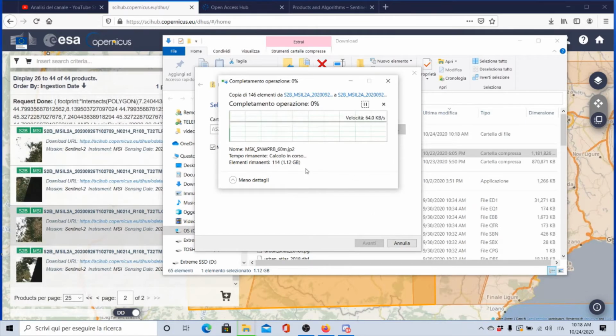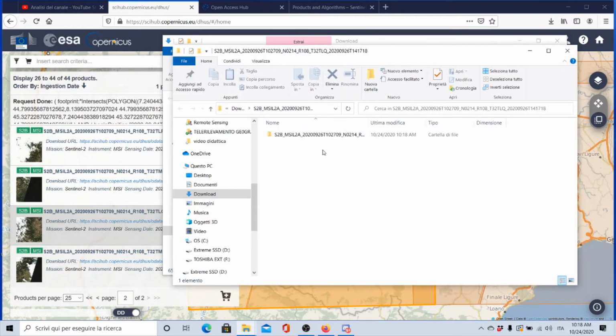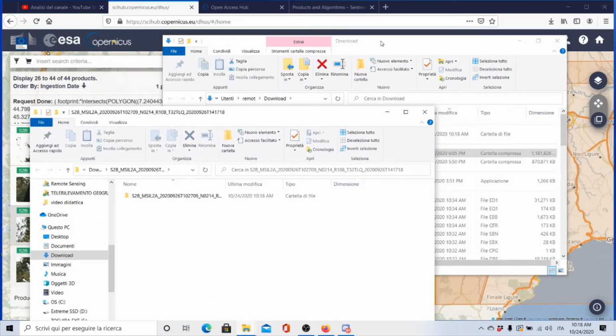All right, you see that we have more than 140 different files in the same data, because there is a lot of data referring to the quality data assessment of the different data. You see they are all very small, because we downloaded everything in very few seconds, and now we are starting with the larger raster files that are all the different bands, and you see we downloaded everything here. Okay, this is the first one, and now we are going to